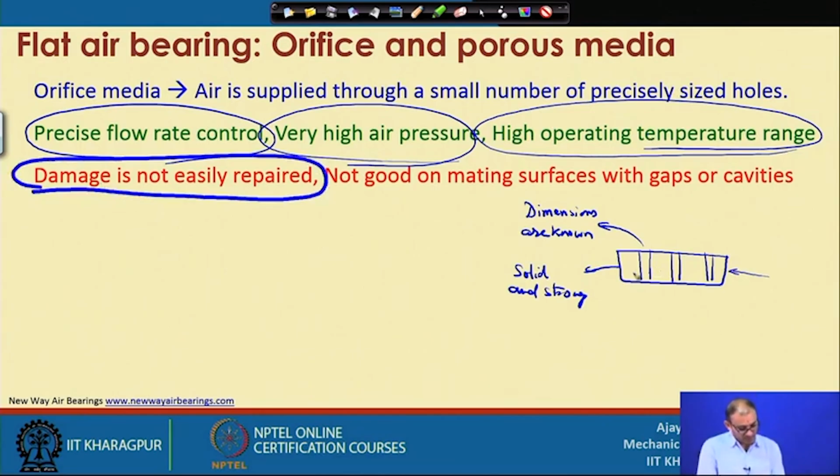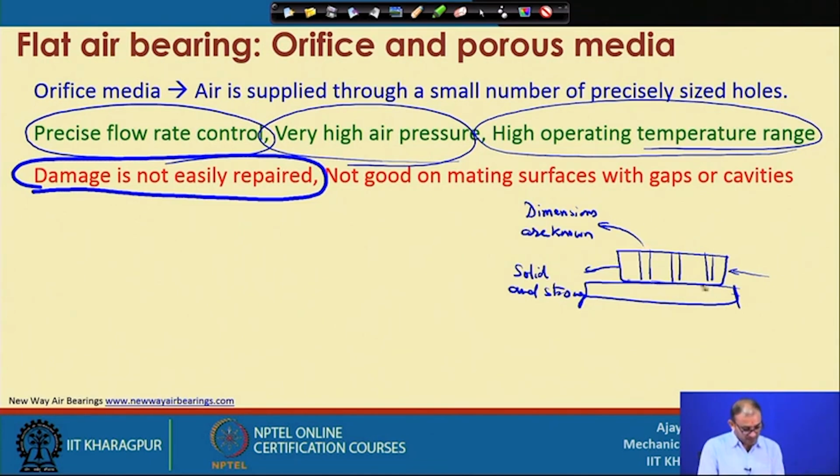By chance, if something happened that you are not able to maintain that film and there is a direct physical contact between the two surfaces, then in most cases it will be damaged, and once it is damaged, it is very difficult to repair those things. You have to actually replace it; repairing is mostly not possible